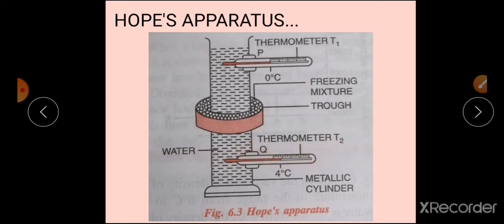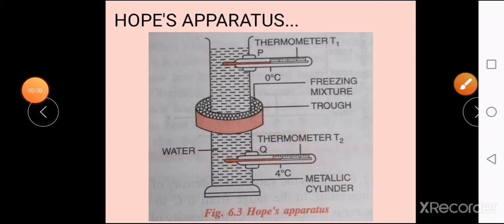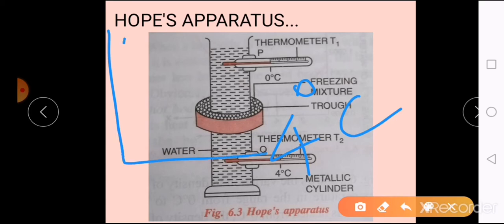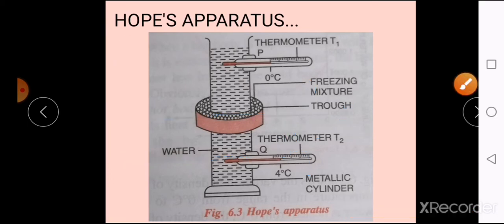How the change is that you will see that the thermometer T2, the temperature is going to decrease steadily and reaches a particular temperature 4 degrees Celsius. Now once it reaches this particular temperature 4 degrees Celsius, it is not going to decrease anymore. If you see a graph, you will see that constantly it will decrease, and once it reaches 4 degrees Celsius, it is not going to change anymore. This will be a steady value. Whatever readings you are going to take in time interval, it will be at 4 degrees Celsius itself.